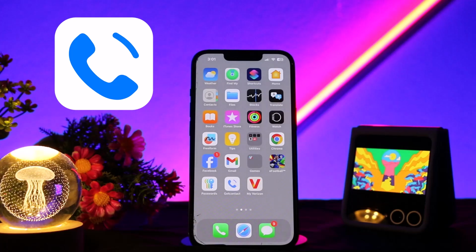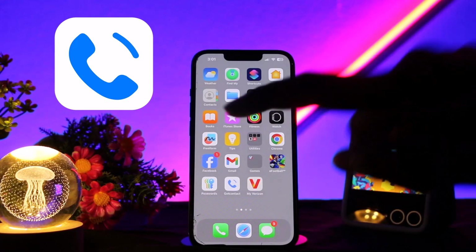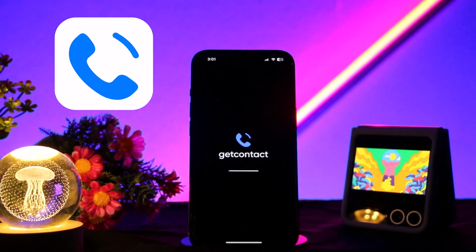So let's get started. The first basic thing you need to do is make sure that you have already installed the GetContact app on a device. If you have not installed the app, you may simply install it from App Store or Play Store on a device. After that you just need to open the GetContact app,